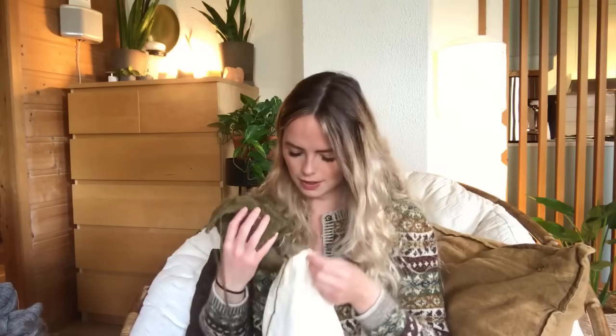And I closed the toe prematurely, so this is actually a bit too small for me. So I might unpick it and knit it a bit longer, or I'll have to gift these away as well. We shall see. So that, and I cast on